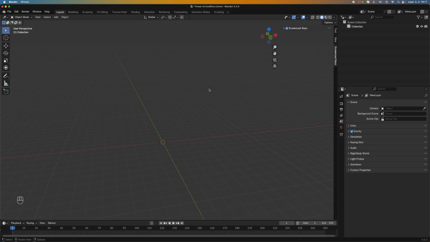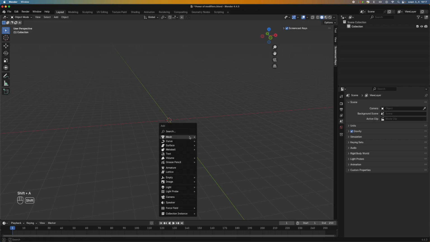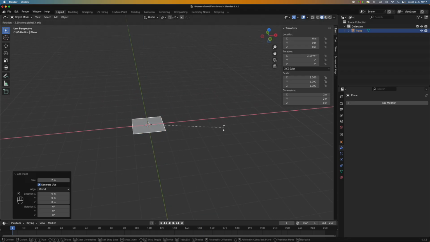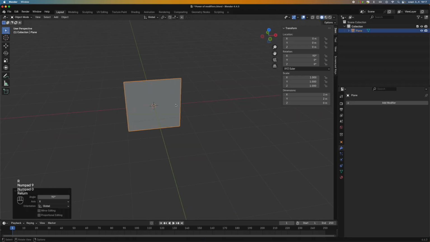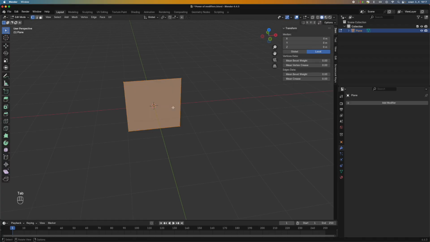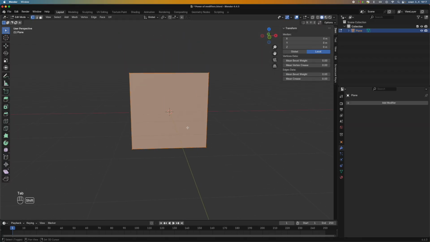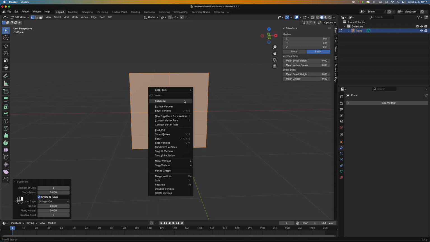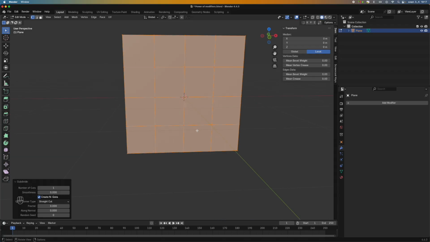Hey everyone, in this tutorial I'd like to show you the power of modifiers in Blender. So for that I'd like to create a simple shape like a plane rotated 90 degrees, and I'd like to create a simple door, let's say. So I subdivide it 2 times. Then I delete these spaces